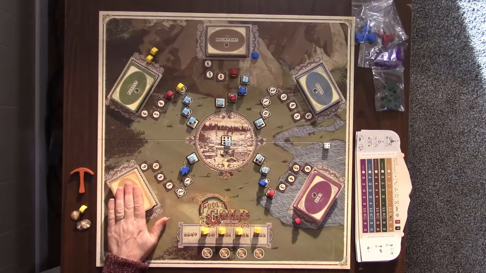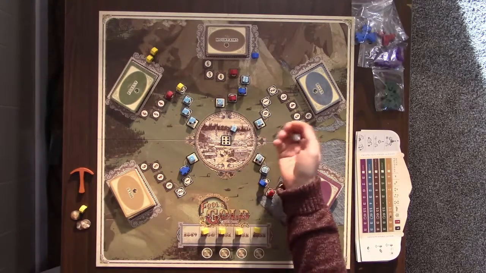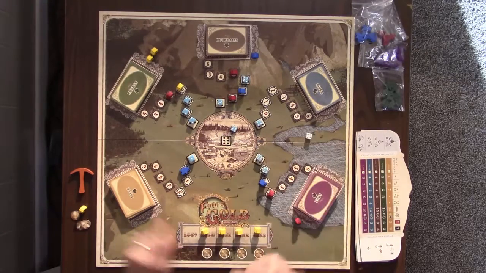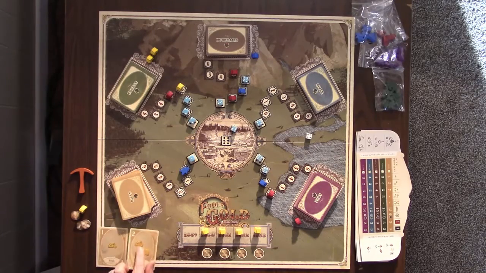Once the regular mining phase is over, then the winter phase starts. So we're going to take the winter dice. We're going to roll it. And it was a 4. So we are going to pick 4 cards for him to mine from in the winter. So I'm going to pick 1, 2,